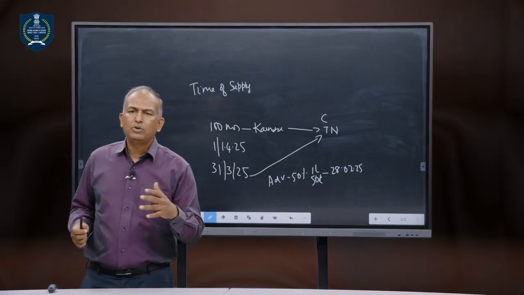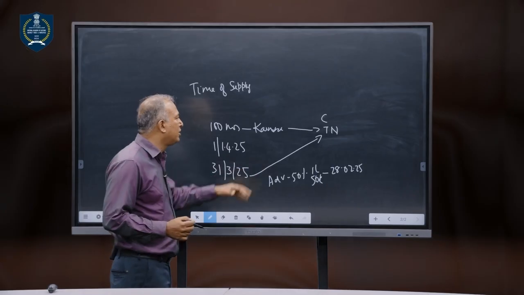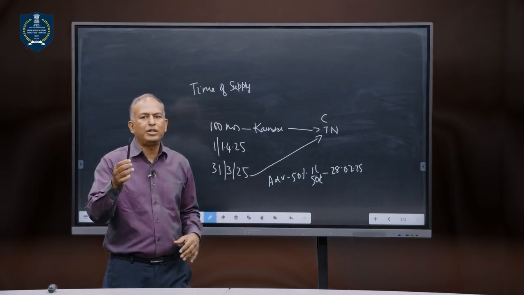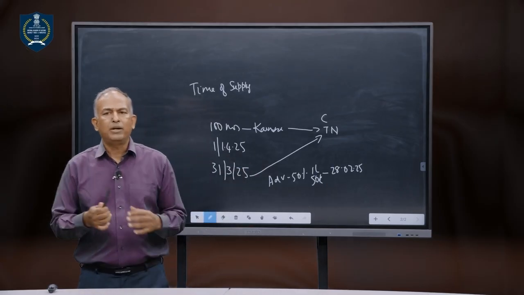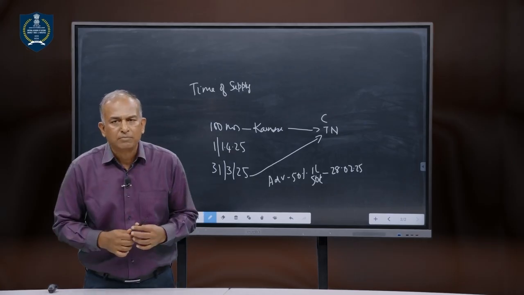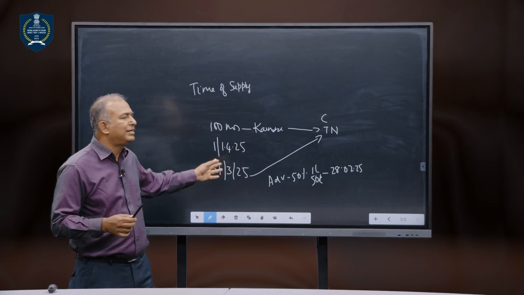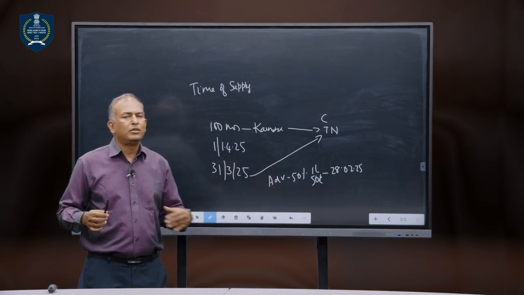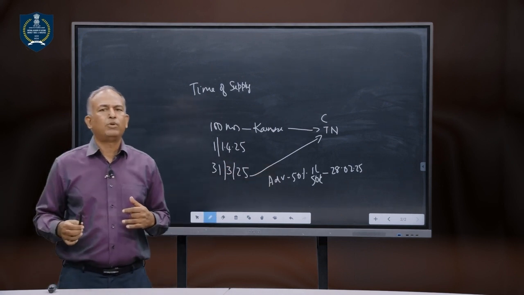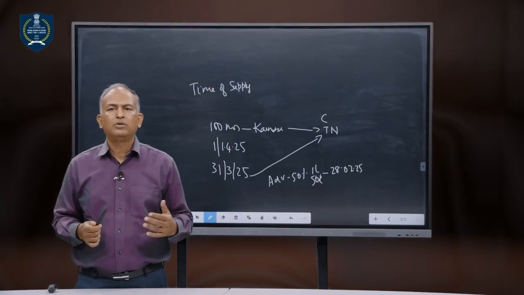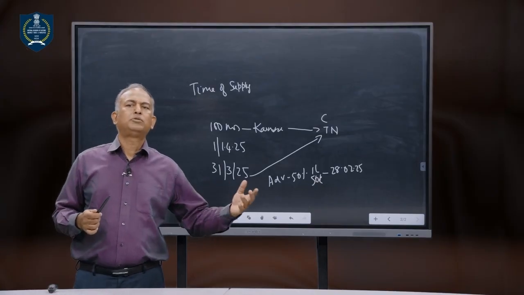Now similarly, you have to visualize this particular scenario. This is for goods. Like for example, I've already supplied these 100 numbers of pens, but the pens had to be repaired. I do repair service. So in this scenario, the invoice is generated on 1/4/2025, the service happened on 31/3/2025, the advance was received